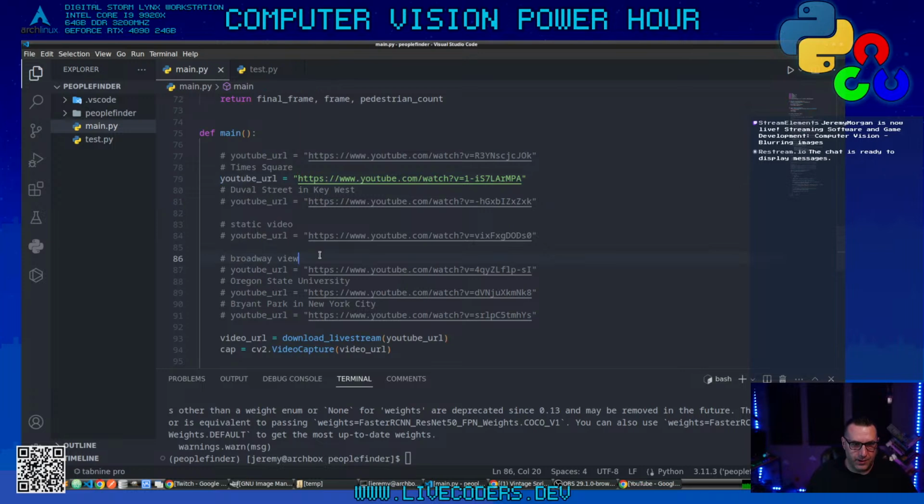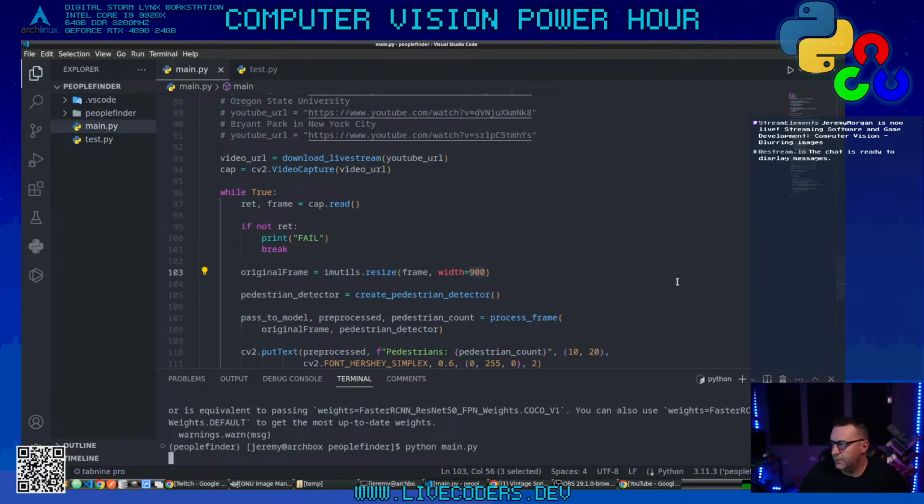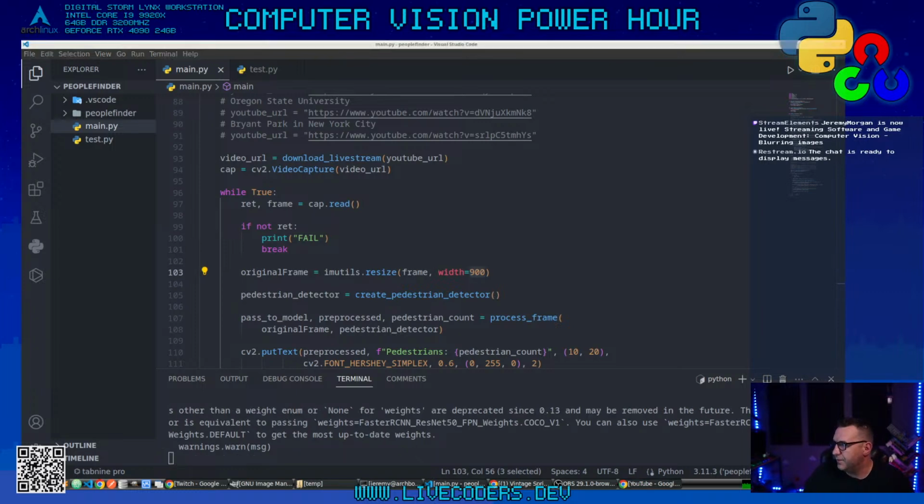Let's bring up Times Square again at like 900. See if the Times Square is actually faster